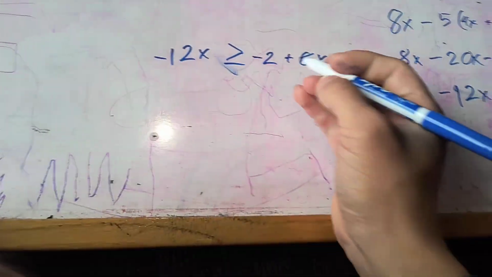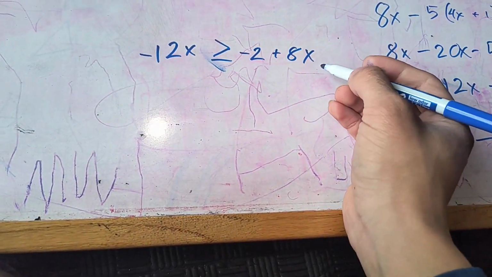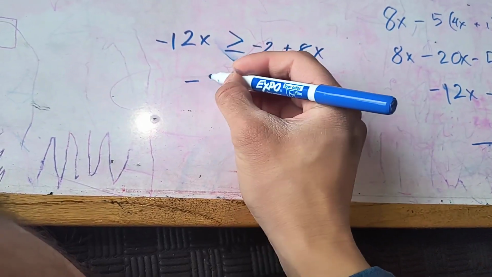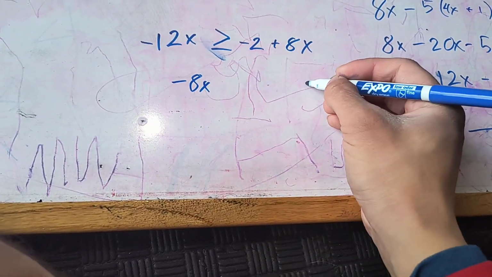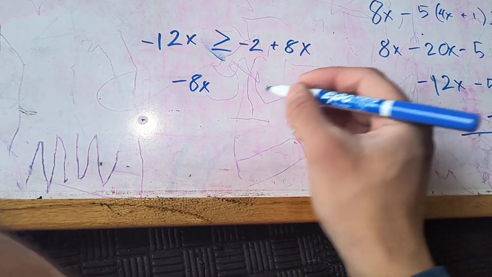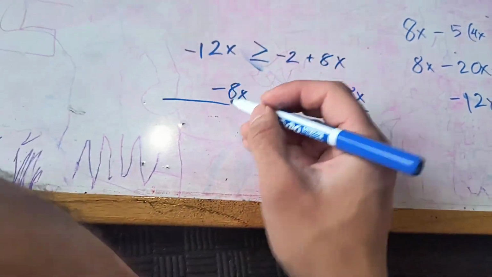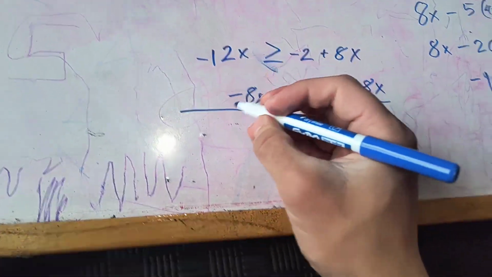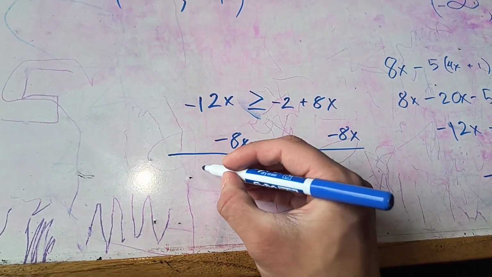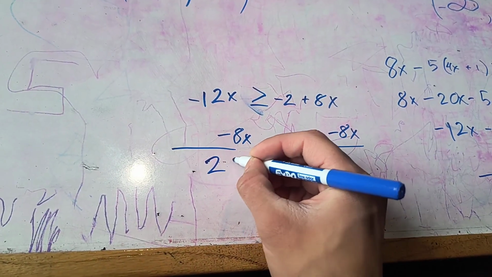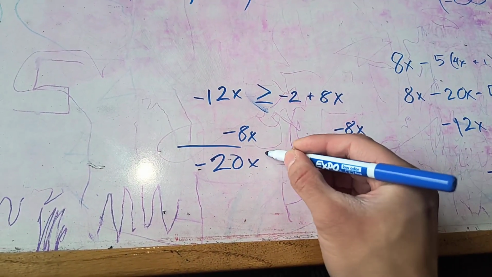And then we can subtract 8x from both sides. 8x minus 8x, and we have negative 20x